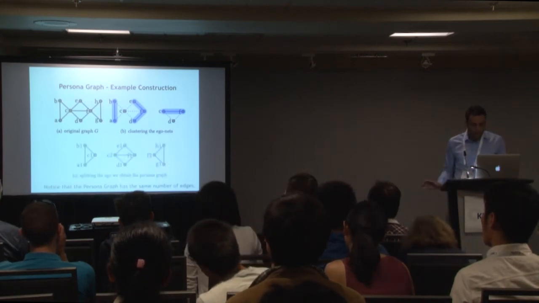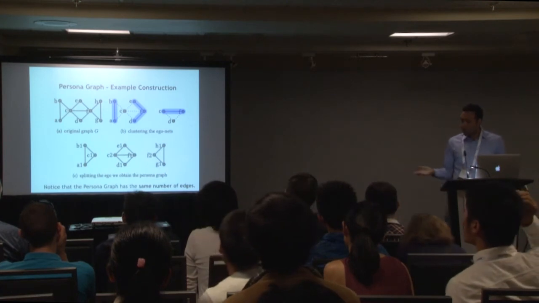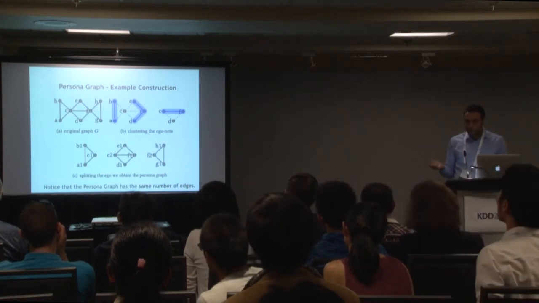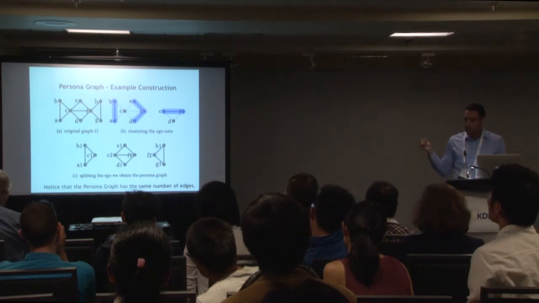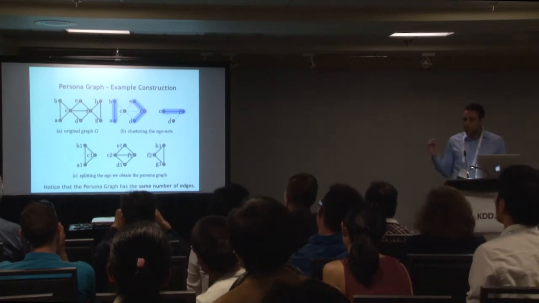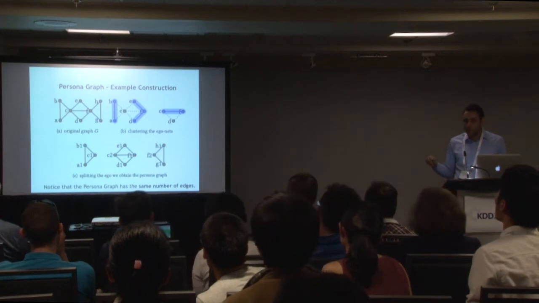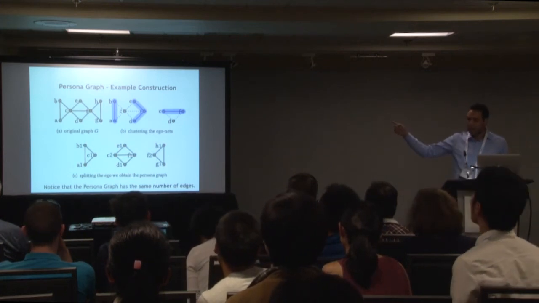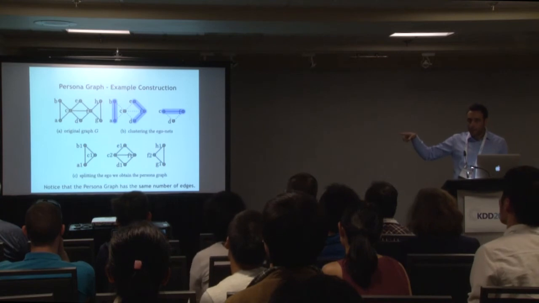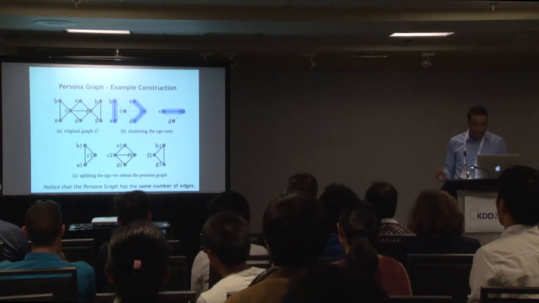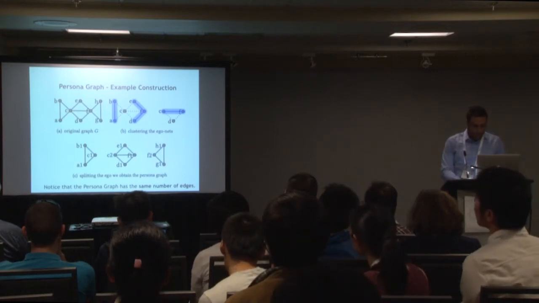So what will happen in the persona graph? Node C will be split into 2 different persona nodes, and node D instead will not be split. Now we have created a graph where you can easily assign persona nodes to each original node, and you need just to match the edges among these persona nodes. So the original edges need to be assigned to specific persona nodes. But this can be done very easily, as we will see later in the slides.